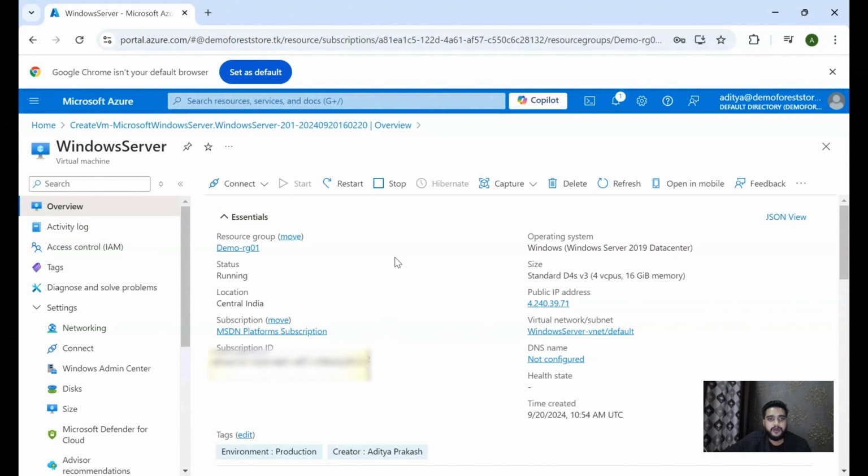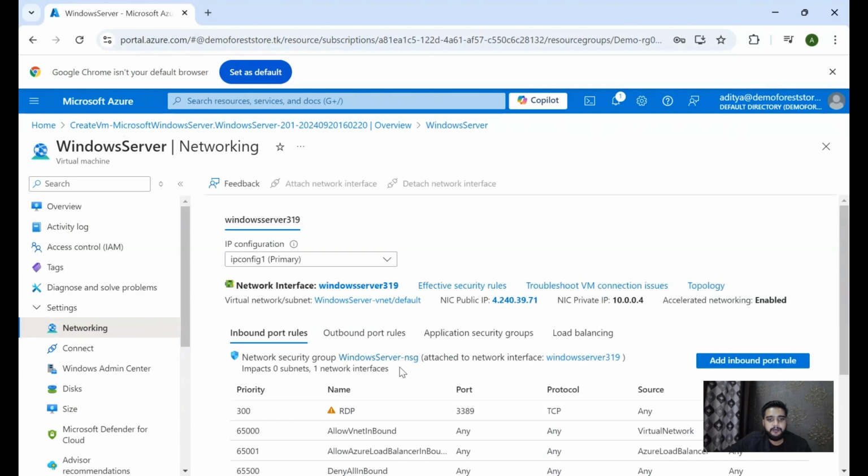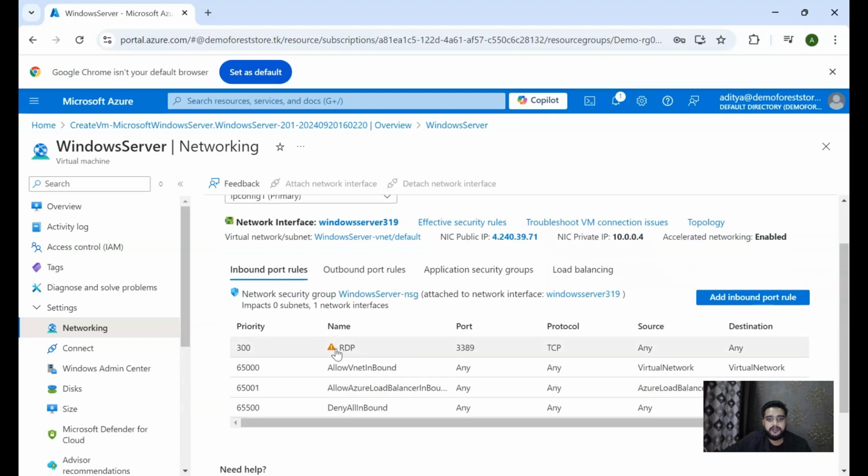Now let's see how to access this virtual machine. But before that, let's understand the technical concept behind it. If we remember, while creating the virtual machine, we had opened a public inbound port for RDP 3389. Here on the network security group, you can see the port RDP 3389 is allowed for this virtual machine.